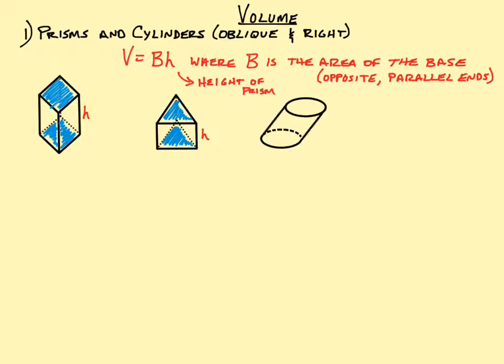Here's an oblique cylinder where we have parallel bases here, and our height now is going to be outside of the cylinder. So for the oblique one, you have to determine the height as if you were measuring it from a tabletop to the top of the prism or the cylinder. So our height would be determined on the outside. If you're given the slant height, you might have to use some Pythagorean theorem to get to the